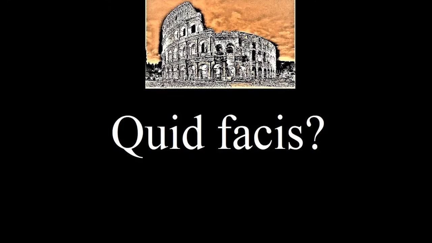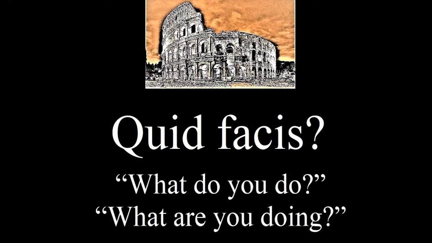In order to review, let's first learn a simple question. Quid facis? Based on what we've learned, we can already guess two things about this question. The first is that quid is a WH question word, just like qui, which we saw in the first proverb. And the second word looks like a verb conjugated for you. The key word to help you understand this verb is factory, because it means do or make. And if you haven't guessed it, this question is, what do you do?